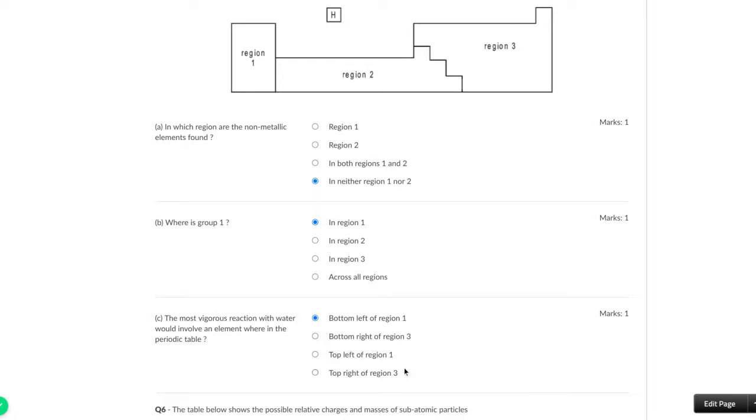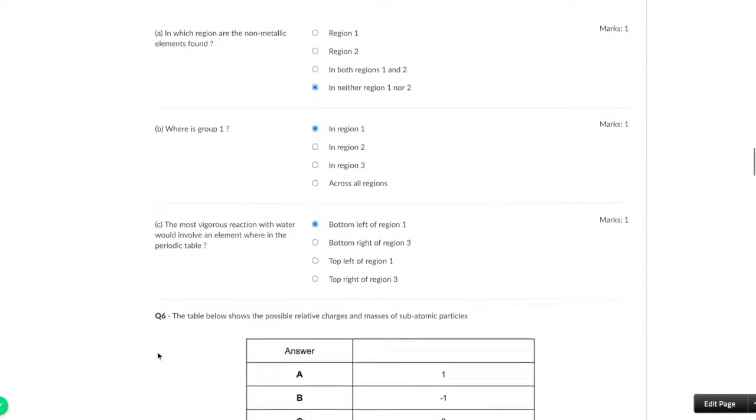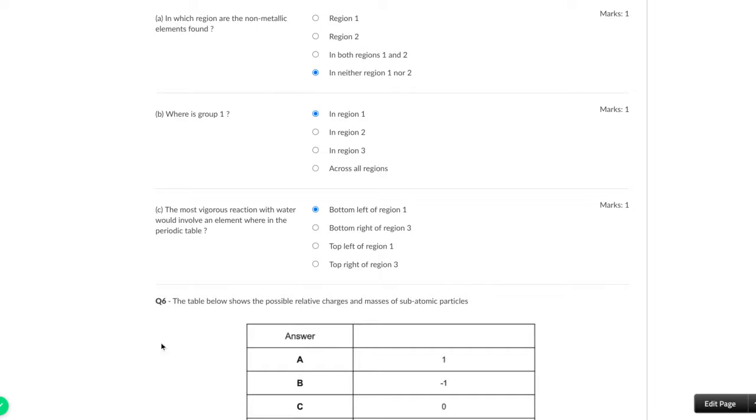Obviously it wouldn't be region 3 anyway, because that's where the non-metals are. They wouldn't react in the same type of way that group 1 metals would with water, as we've done in year 9. So bottom left of region 1 is where we are for the most vigorous. The least vigorous would have been at the top left of region 1 if we were looking at comparative properties. So question 6,